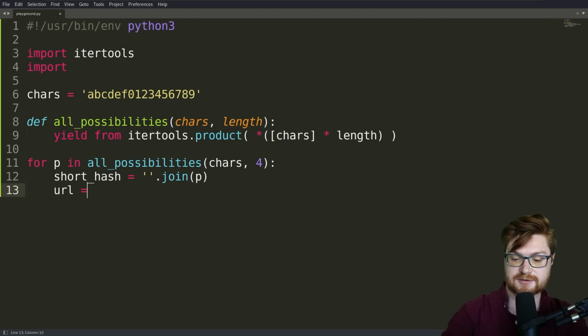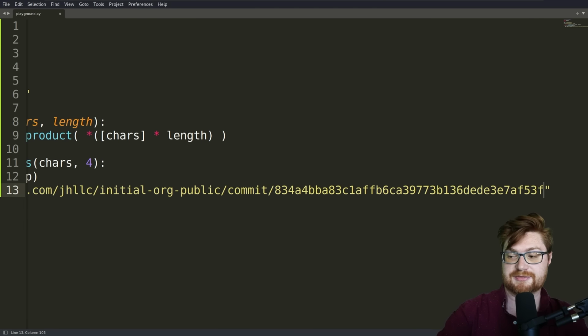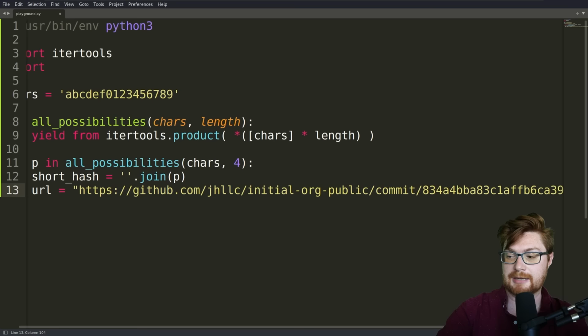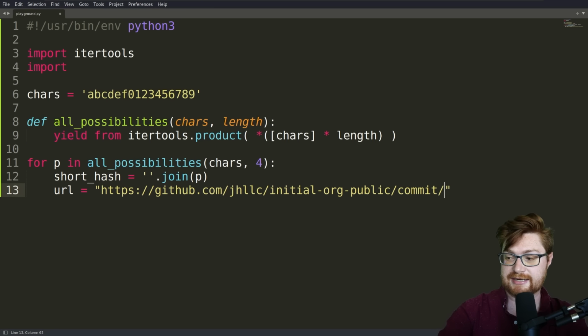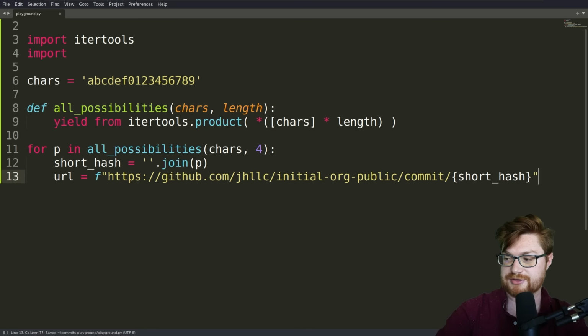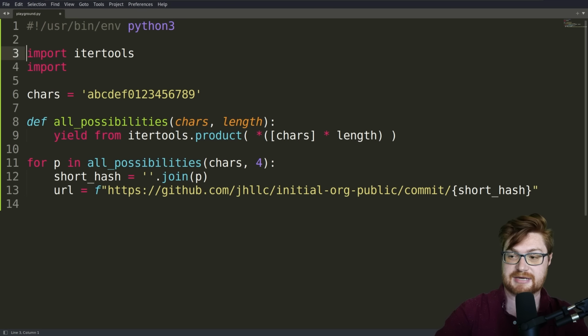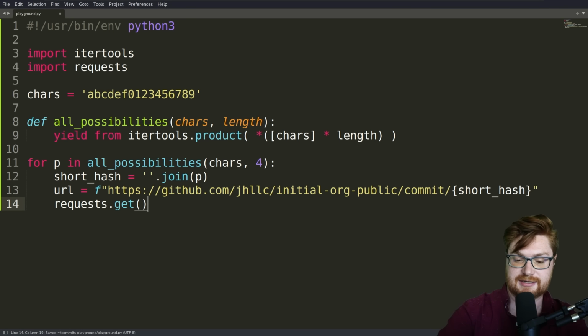So we can take literally the URL of the commit that we looked at previously for the public repository, the top level upstream source here, right? And that will end up including our short hash. I'll make this a format string with the f prefix, so that will work just fine for us. And then we can go ahead and just ask the internet, import requests. Let's do a requests.get on that URL. We can say that can be stored and captured as a variable or object r.